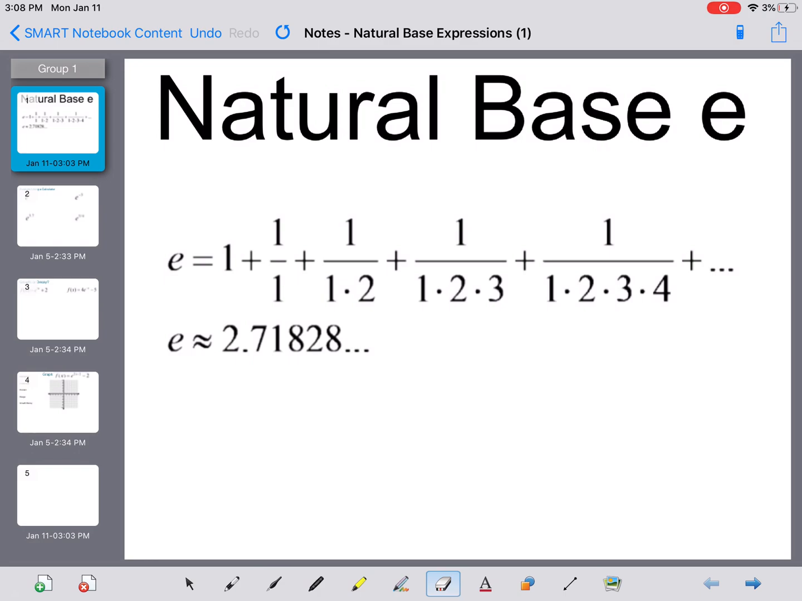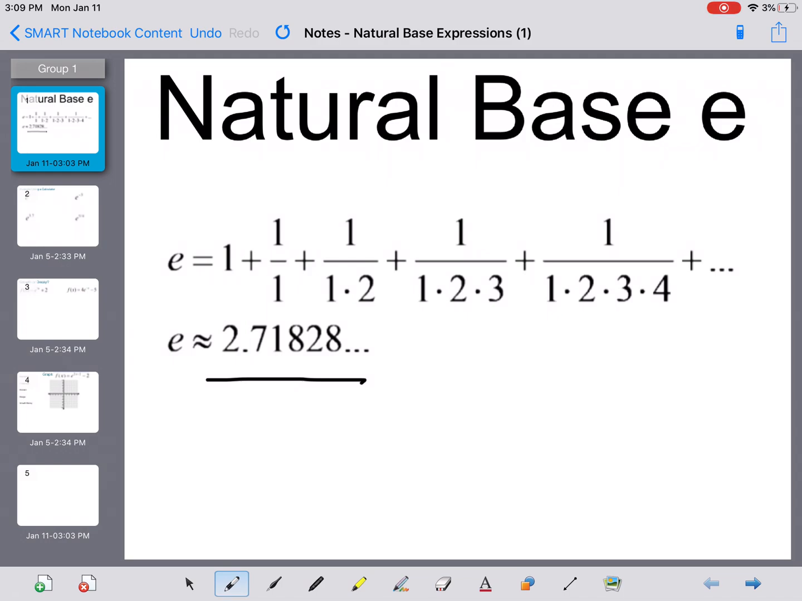But e can be found with this formula, and it keeps going on. The next one would be 1 over 1 times 2 times 3 times 4 times 5. That's not the most important part, but it's just some number that we can generate. The main thing that we like to use is 2.71828, or just 2.71 is more commonly known. But all calculators have it, and if you have anything online like Desmos, you are easily able to calculate using